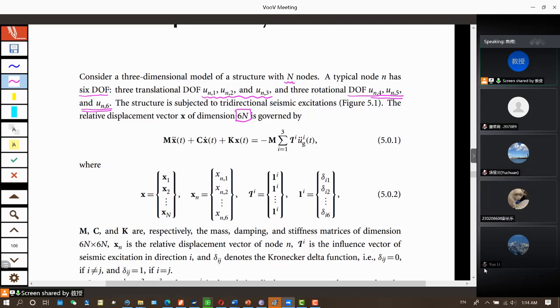Okay, so the first subscript n is the node, and the second subscript is for the degree of freedom. Okay, so now we have ground motions in 3 orthogonal directions. So we use a summation here for each term. Okay, U_G double dot 1, 2, 3. And I is the influence